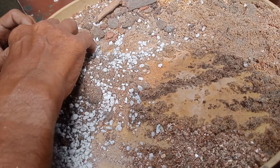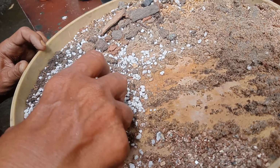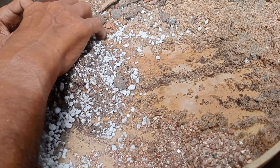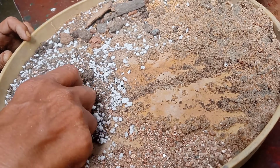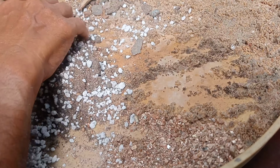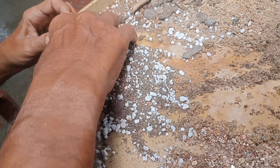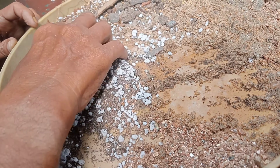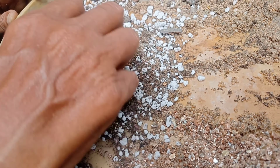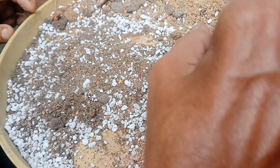To make a well drained potting mix. It is a soilless potting mix, because we have to mimic the environmental features of these plants, because these plants are native to South Africa and some African countries. So I have made this potting mix, and now I am going to take